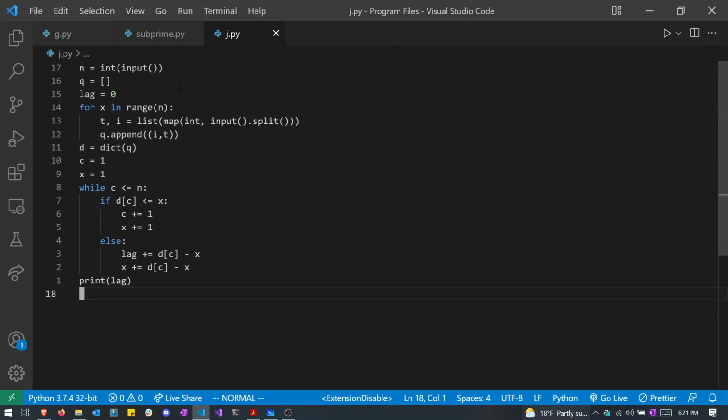So for this, just read in n, and then I made an array, and for all of the rest of the input, I created what's called a tuple out of the time and the packet number, and just threw that into an array. And then I turned it into a dictionary, which is basically where you've got a key and a value for that key, where you say, okay, I want the value that's at the key of like 5 or the letter Q or something like that. And then it will say, okay, that's the value that you put there.